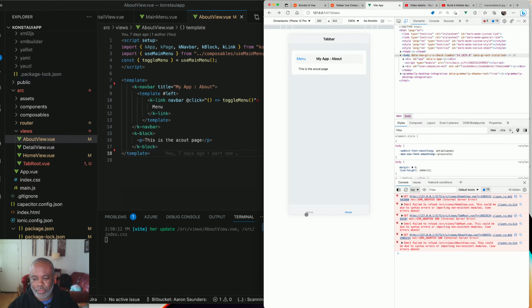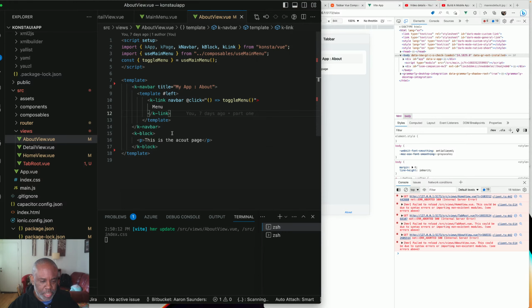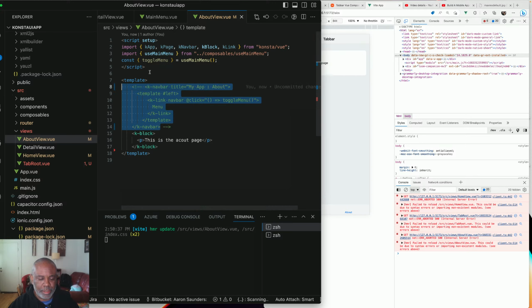So now, although I've switched here, you can see my nav bar titles here. I need this title bar up here to change too. So for now, and I'm going to want to keep this content, I'm just going to comment it out so it's easy for me to find it later and copy it back. The other thing is in my TabRoot here,